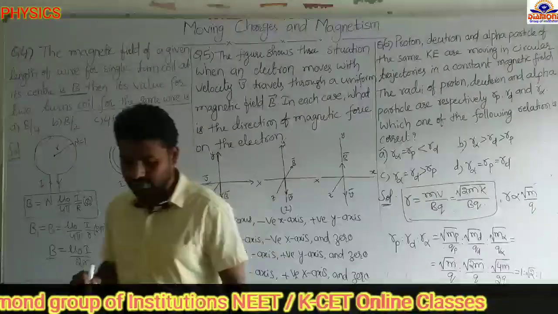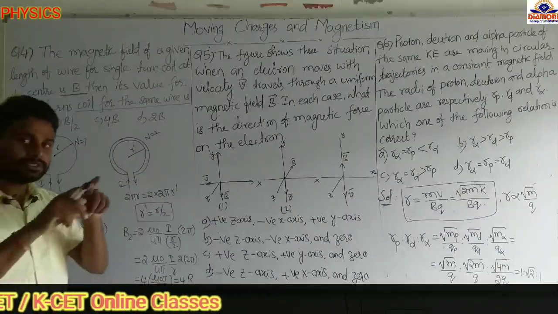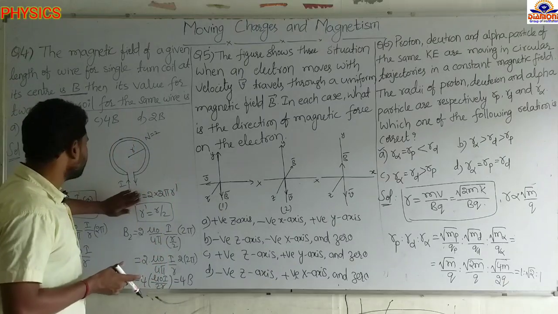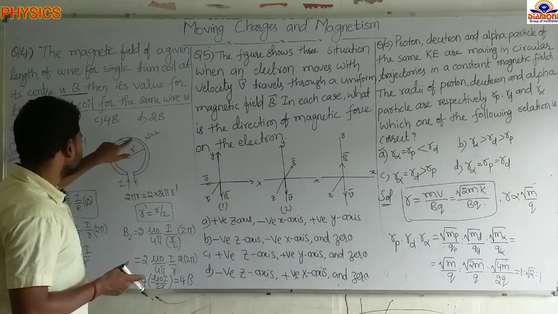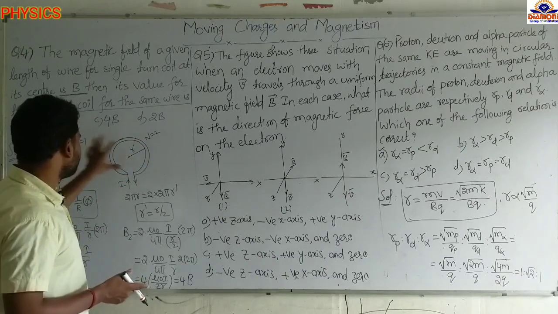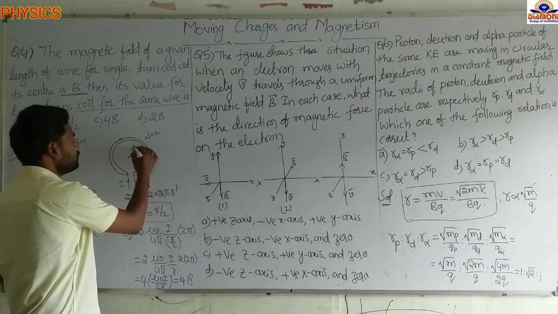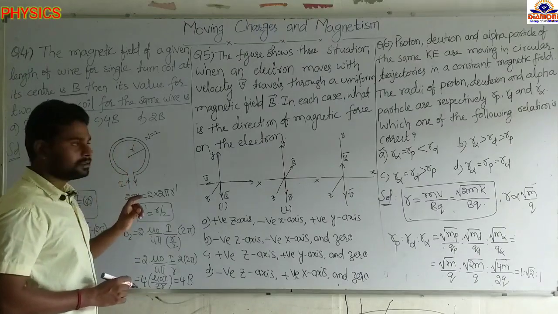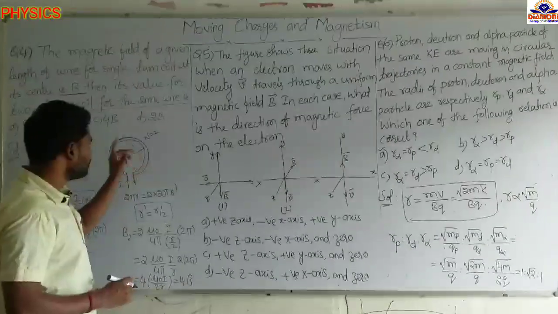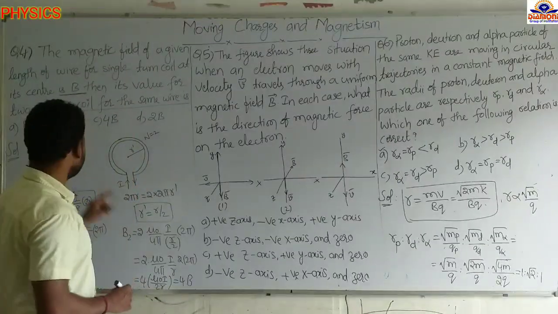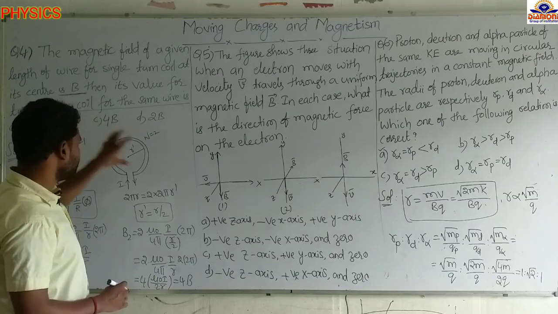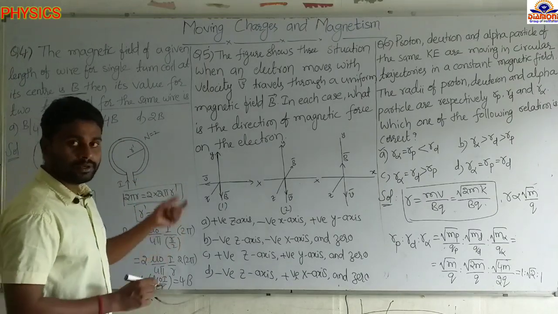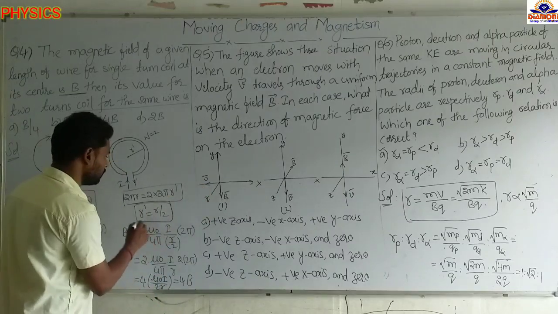Next, come to the second one. Here they took the same wire but made 2 turns. The length of the wire is the same in both cases. Now the new radius is r dash. How many turns are there? 2 turns. What is the perimeter of a single turn? 2 pi r dash, because the radius is r dash. So 2 into 2 pi r dash. Initially how much was there? 2 pi r. The length is the same in both. Equate this: 2 pi r equals 2 into 2 pi r dash, then we will get r dash equal to r by 2.